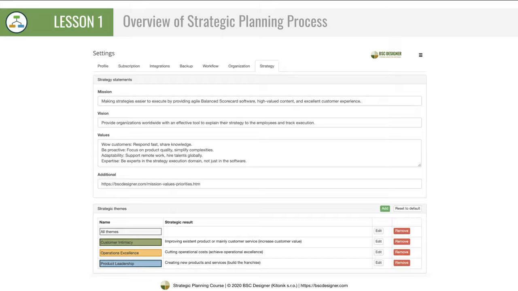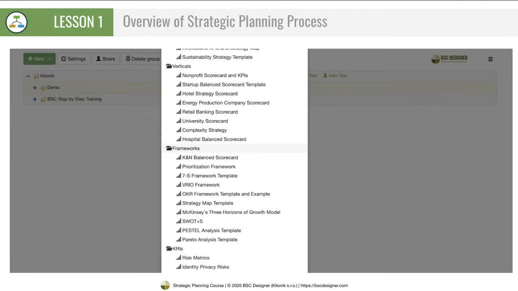I switch to the settings strategy. As you can see on this step, we support the step 1 of strategic planning, a possibility to define such strategy attributes as mission, vision, and core values. Below the strategy attributes, we can find strategic themes that belong to the step 2 strategy description. We also mentioned